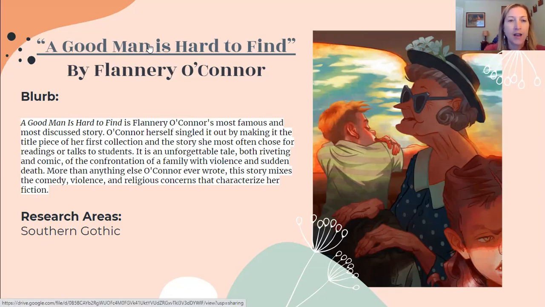And that, if you click on it, has access to a copy of the story for you to read. And then a blurb, giving you a basic outline of what the story is about. And then when it says research areas, that's kind of just giving you an indication of what you might possibly research going forward in step 2. Remember, we're in phase 1 right now. In phase 2, you're going to be doing some research, and this gives you a little sense of what that might be like. And then, of course, some really cool cover art from some of the artwork people have created